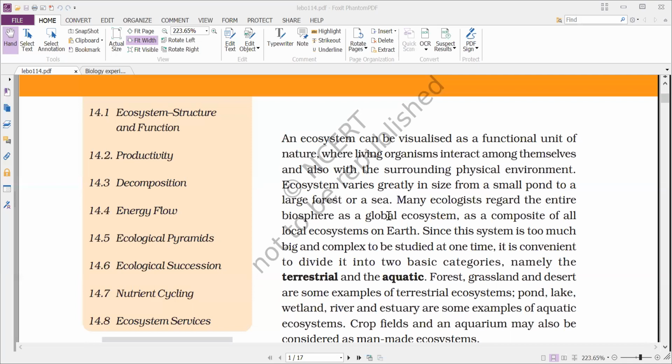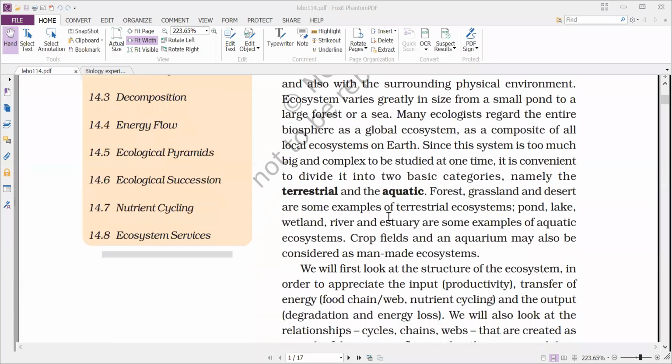So it is very difficult to study the total earth as one unit because of different environmental conditions, climatic conditions, different regions, barriers, and different types of living organisms and their interactions. Because of this, it is very difficult to study all this at once. So for a better understanding and for our convenience in studying all these environments, we have divided these ecosystems into two types. One is the terrestrial and the second one is aquatic.